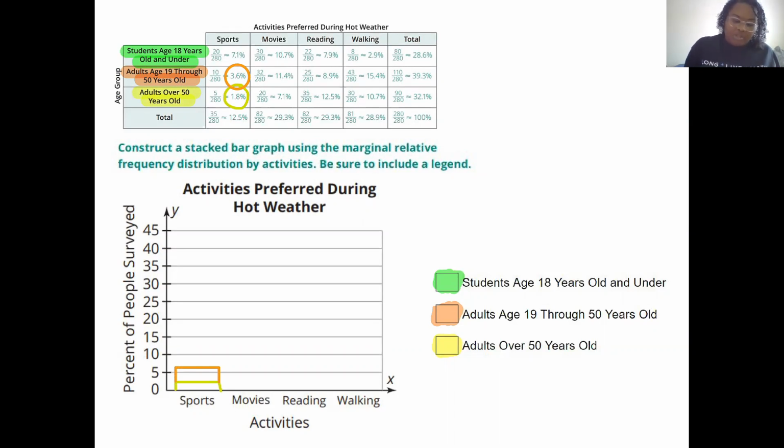Last but not least, we have the students 18 and under, and 7.1% of them identified sports as being their preferred activity. So we will sketch that in. And notice that the entire height of that bar should be the total here of 12.5%. So we will continue that for each of the other three preferred activities. So a bar for movies, reading, and walking. When that is complete,